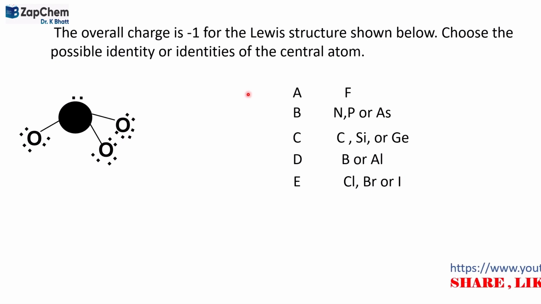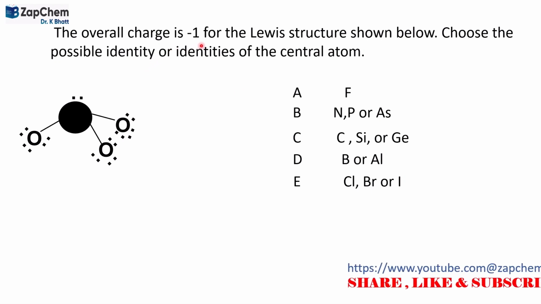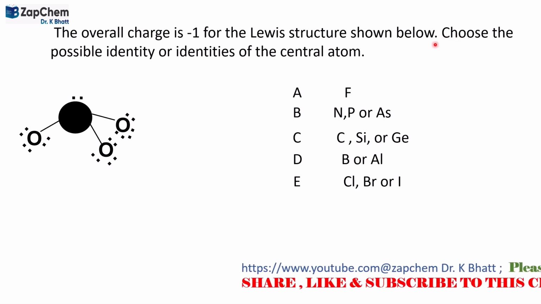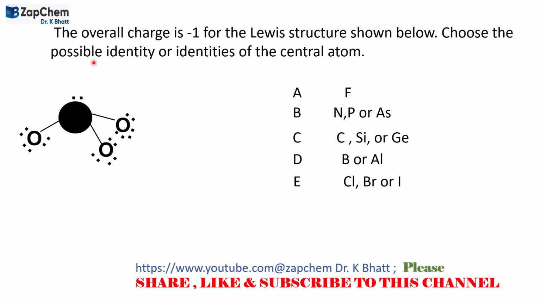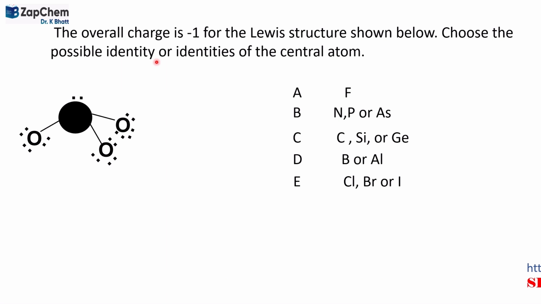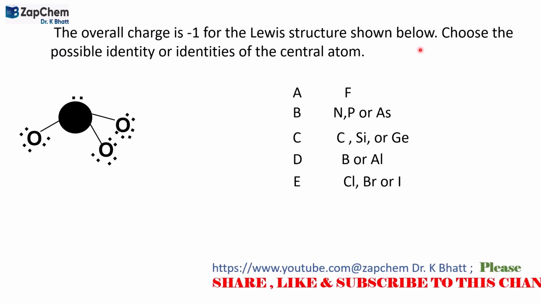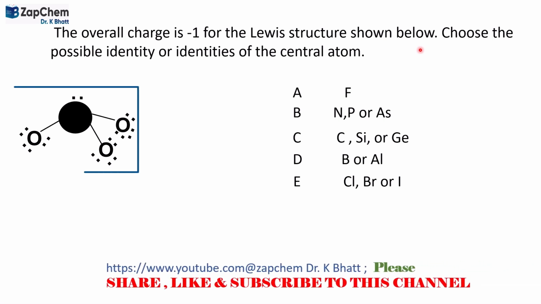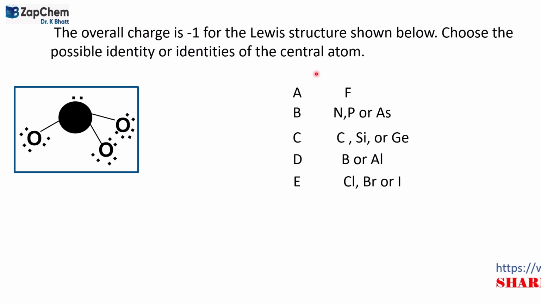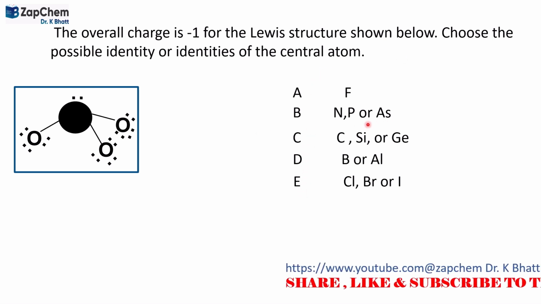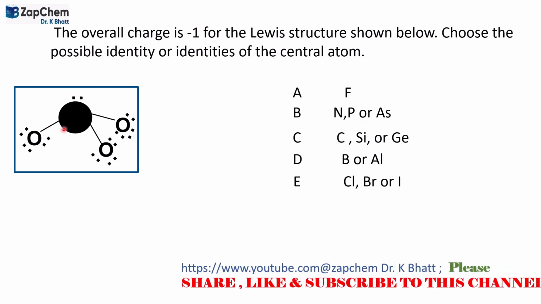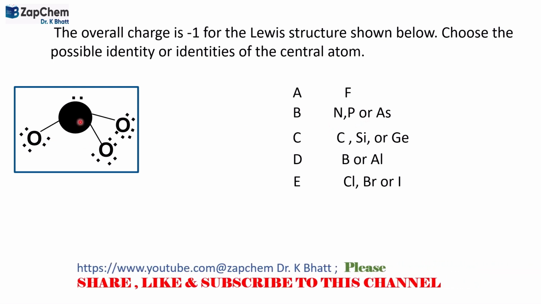The question is: the overall charge is -1 for the Lewis structure shown below. Choose possible identity or identities of the central atom. And the Lewis structure is provided here, and a number of options are given. We have to select the proper option which would fit into the central atom,